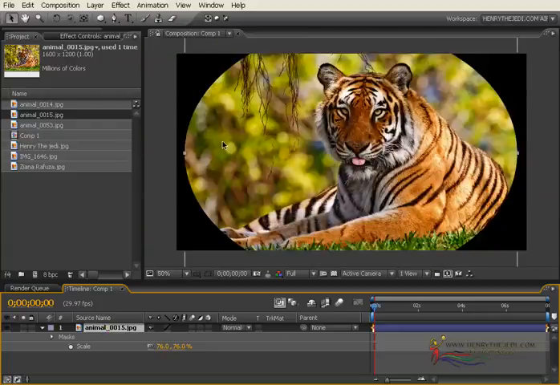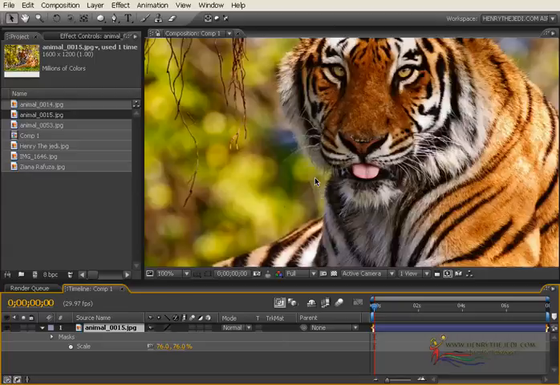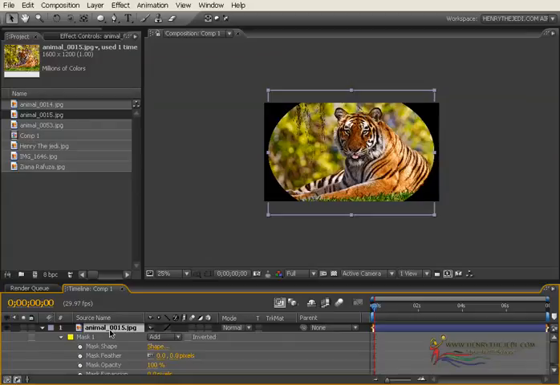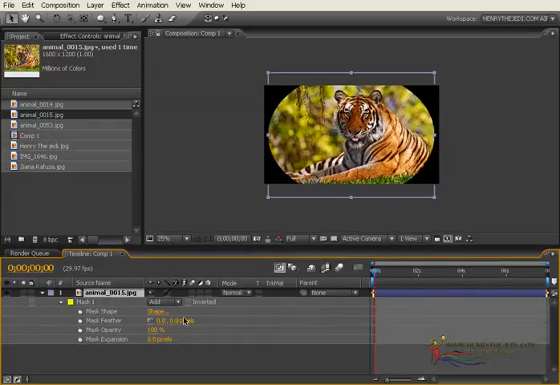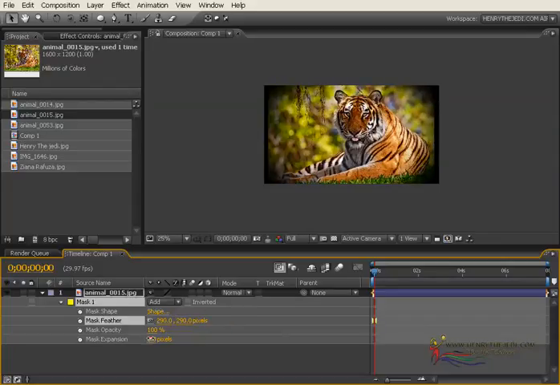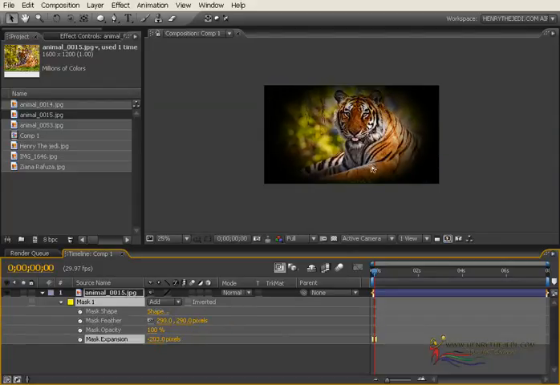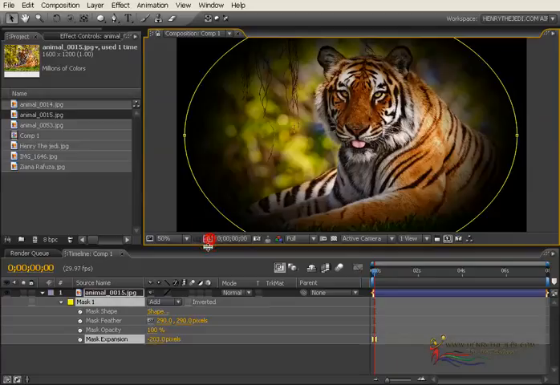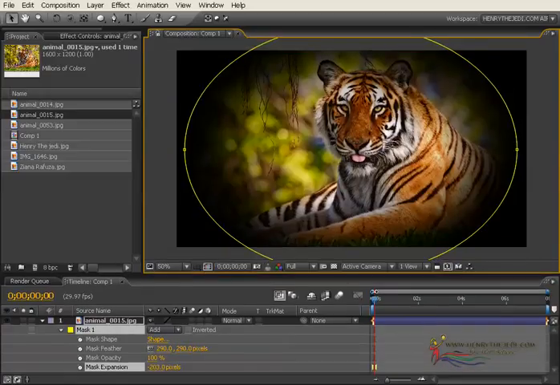Don't worry, we're not trying to recreate MGM's roaring lion. No, we are not doing that. We are trying to work on animating a beautiful video element here. So we're going to select our animal layer and then press MM on the keyboard to bring up the masks. Then we're going to increase the feathering and then reduce the expansion to the point where we only end up with the image of the tiger clearly visible in the scene. You can always of course turn on the mask view tool like that.